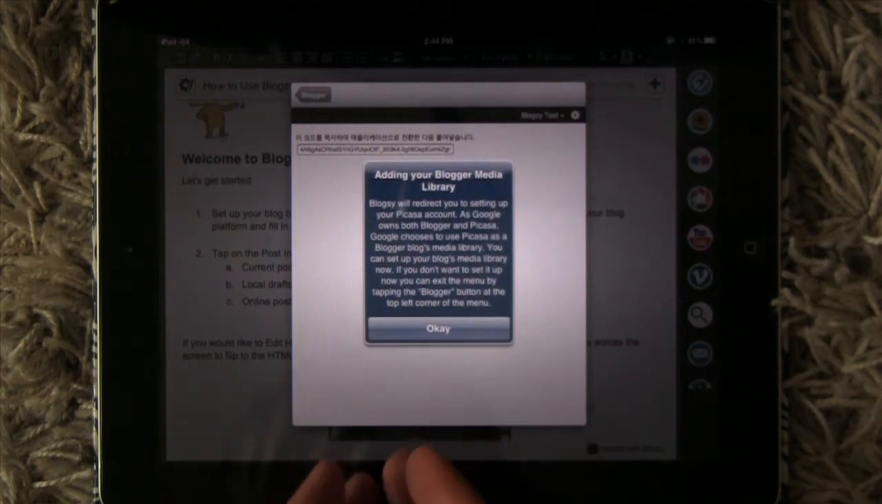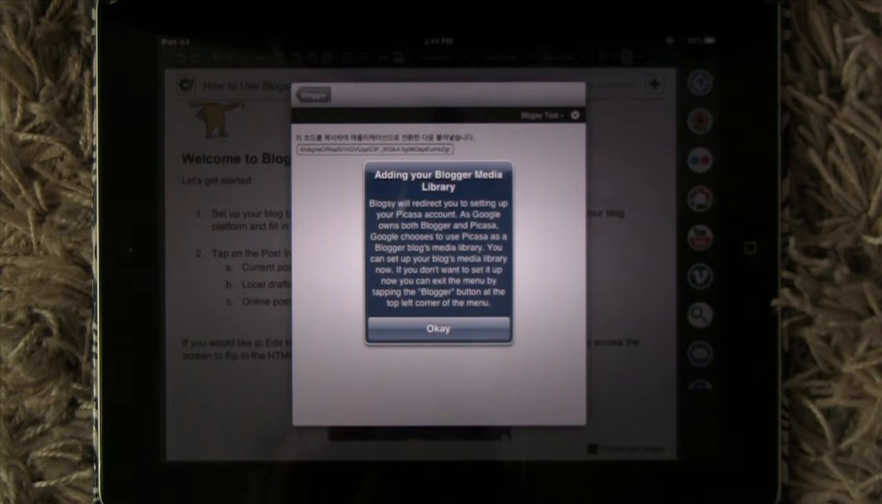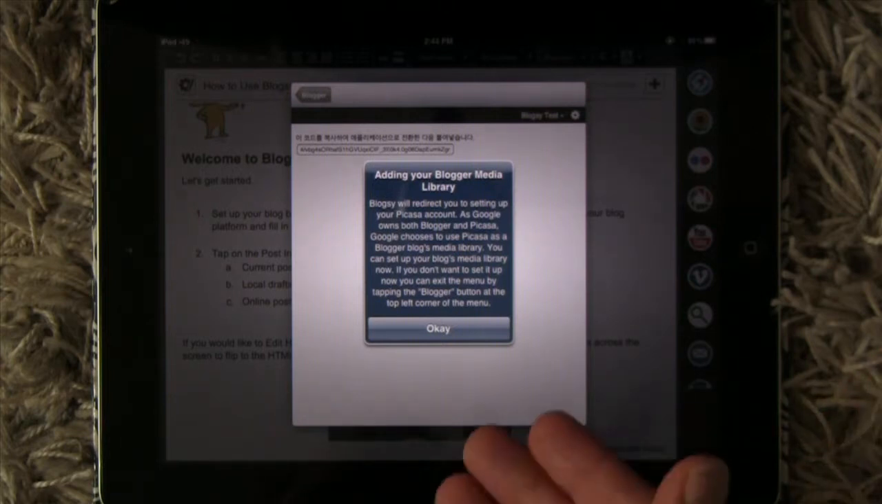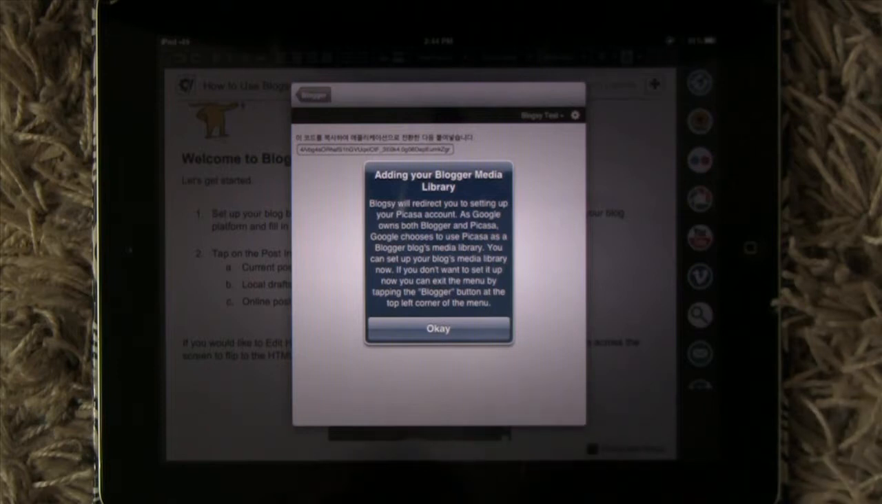Now, if you don't already know, Google owns Blogger and they also own Picasa. So they've decided to use Picasa as a blog's media library. So if you've been uploading images to your Blogger blog, they've been actually uploaded to a Picasa account. So to have Blogsy work the same way as your account, you need to set up Picasa in Blogsy also. So you can just tap OK, and it will set it up at the same time you're setting up your